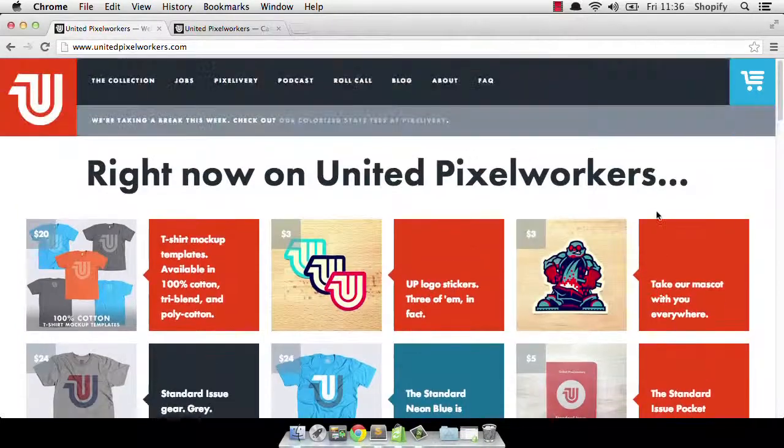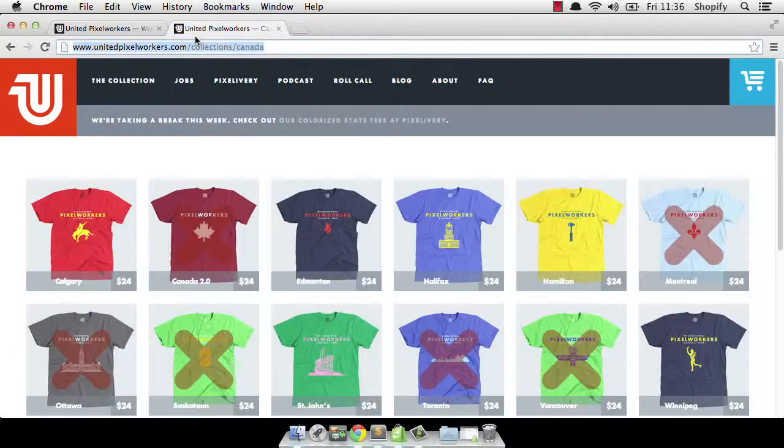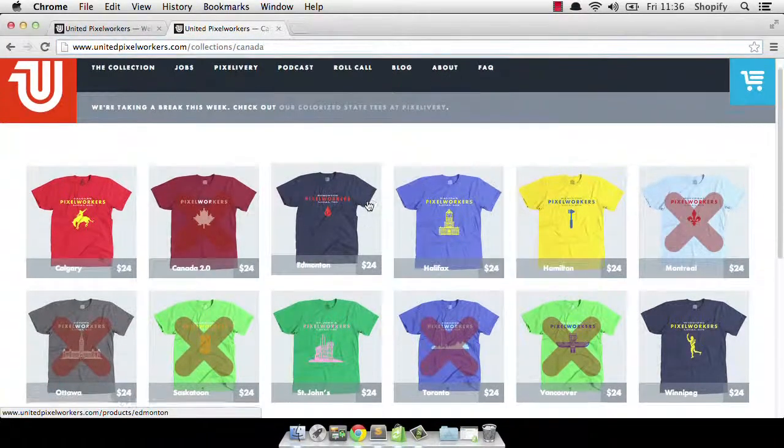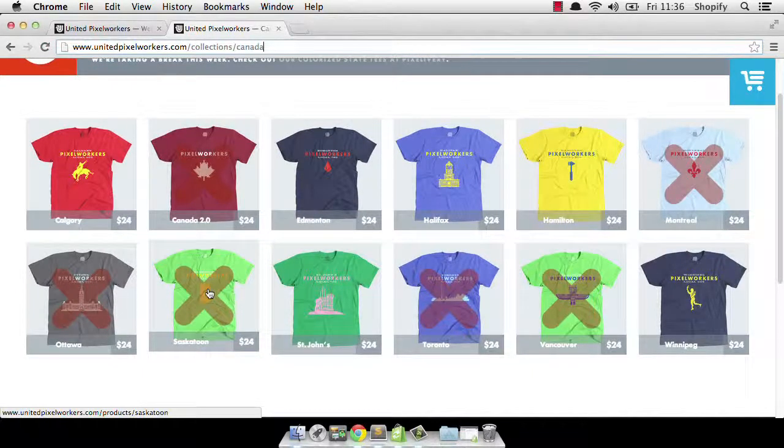Now, they have a collection, and a collection is a logical grouping of products within Shopify. And they have one called Canada. I'm just going to switch tabs there, and you can access that at /collections/Canada. This is all the t-shirts that have to do with Canada. And you can see here they've got some lovely features whereby there's an overlay for sold out ones